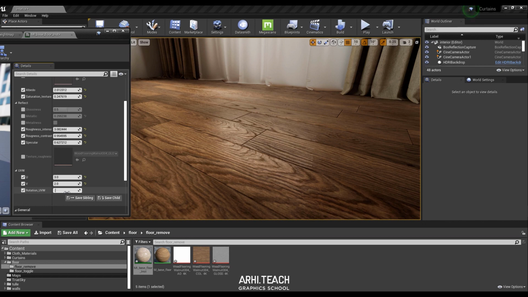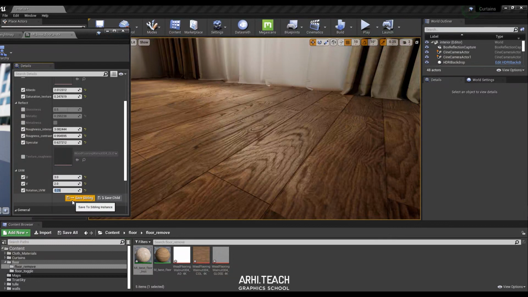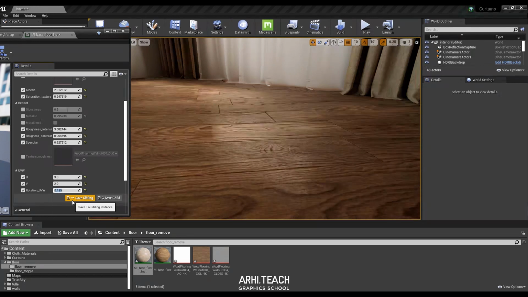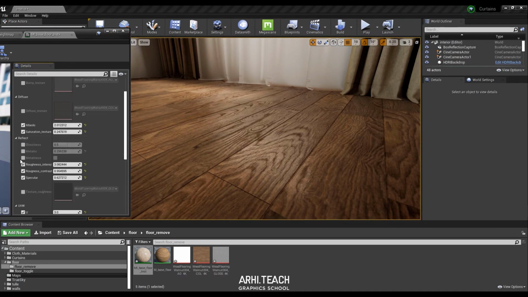Rotation. I want to rotate 180 degrees, so I'll set it to 0.5. Do you see? Our texture has been mirrored. If you need to rotate 45 degrees, then set it to 0.25. Now it has turned 90 degrees, but we want to rotate it 45 degrees. Then it is needed to set to 0.125. As you can see, our textures are at an angle now.